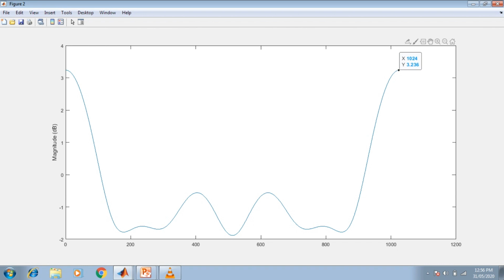The last amplitude is shown with the value 3.236.